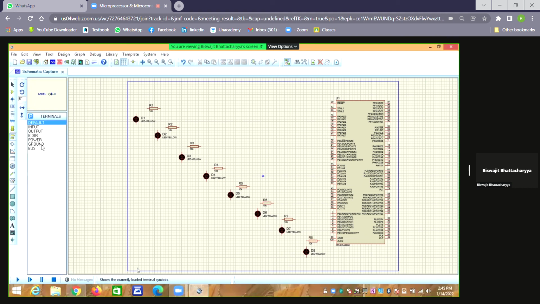Now click ground. Once you click ground, this ground is coming. Now you just paste it. Double click. One. Okay, again. Just click twice.